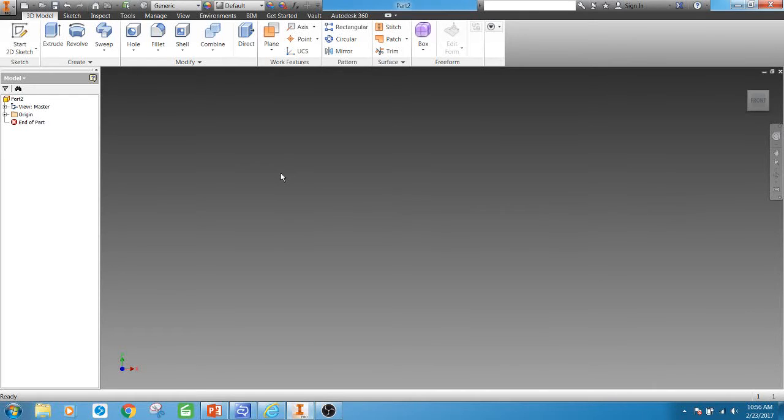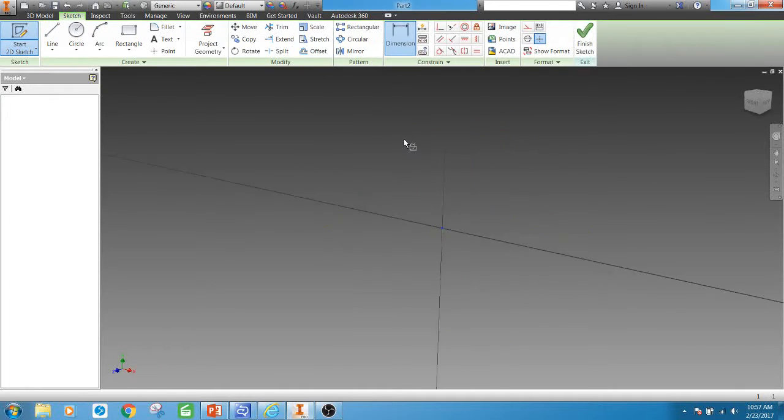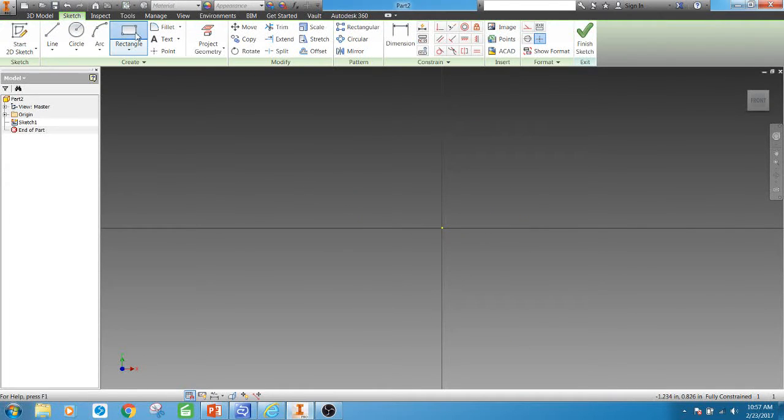This video is for the train engine. This is the first video, so this is train engine number 1. You want to start a 2D sketch, and you're going to select the XY plane. First thing you'll do is sketch a rectangle,